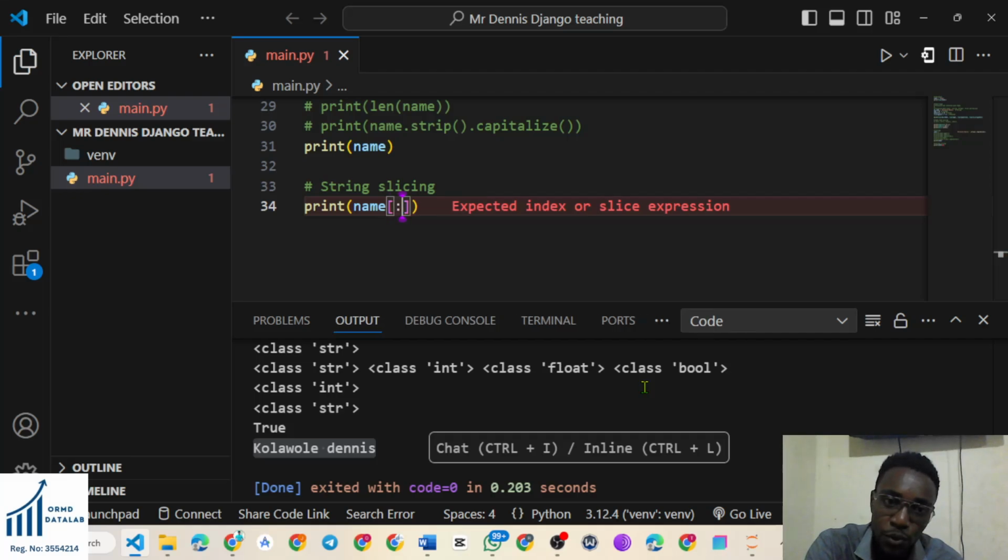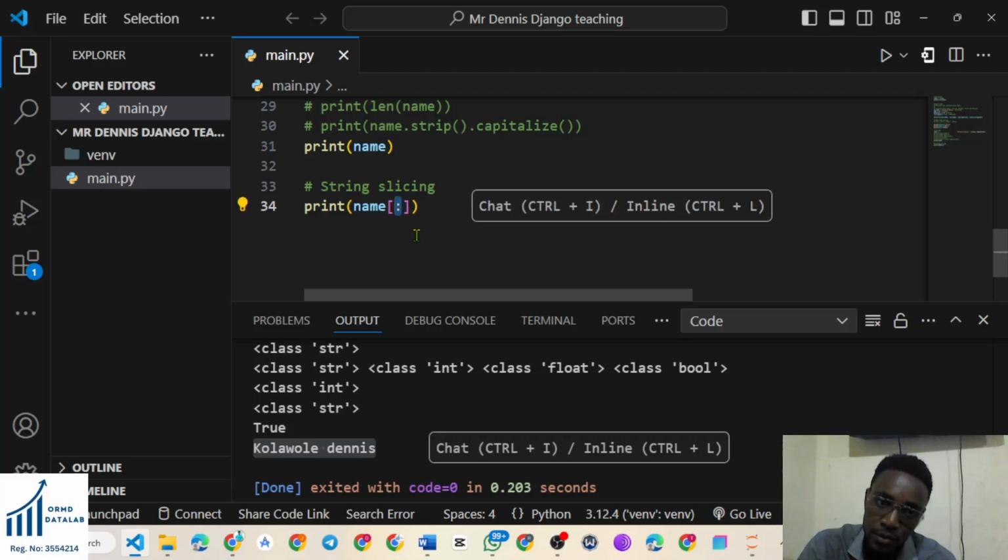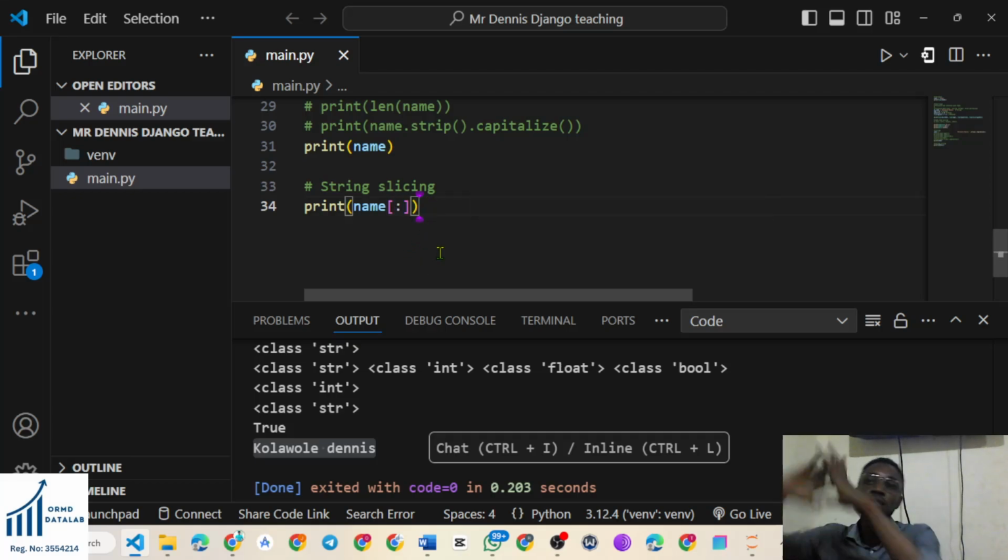So if we separate them using this colon, I will not be getting into the advanced steps because, like I said, we are really rushing. I may not be able to break it down as you want. See, our main focus is Django